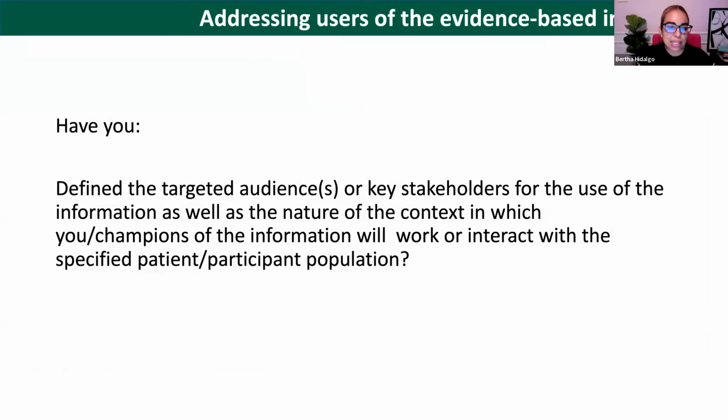And it really gets at the idea that you will be able to define your target audience and or the stakeholders for which the information that you're planning to use will be effective in the context in which you're planning to present it. And that if you need to, for example, just like we have in implementation science, need champions to be able to also help you with the dissemination of your strategies or information, that you establish ways in which you can interact with them so that you liaise effectively between the work that you're trying to do, the work that's going to be disseminated and or the strategies, and those that are going to be on the receiving end.